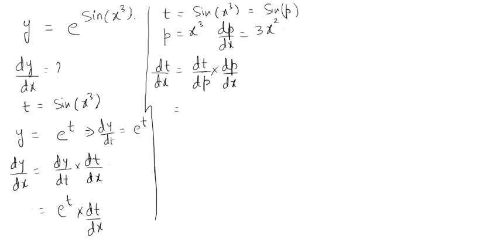Alright, so again I'm explaining. So y is equal to e to the power sine of x cube. I have to differentiate this function. I have to find dy by dx. So now this is a function of a function of a function. So what I am doing, I will try to simplify it.